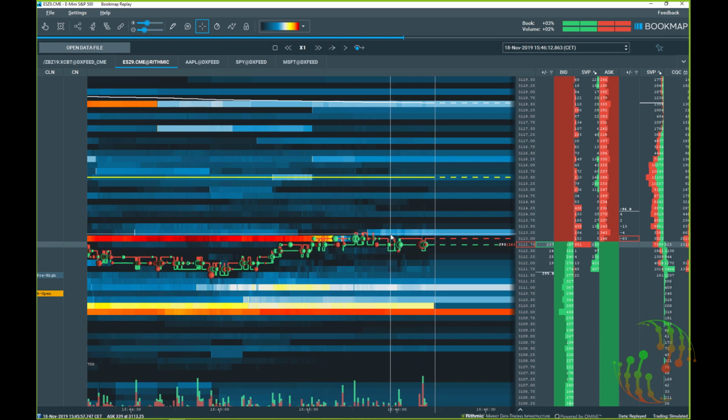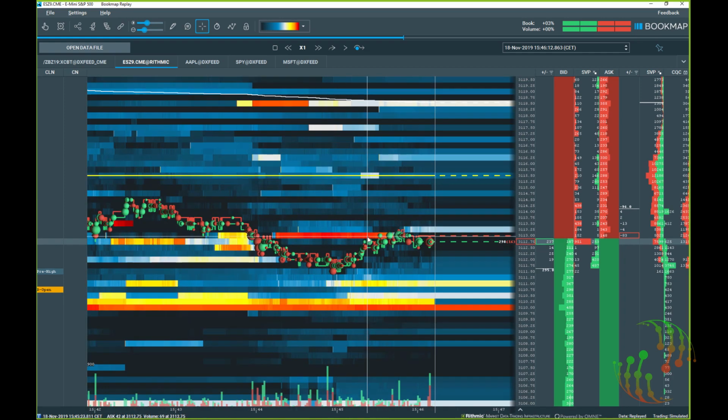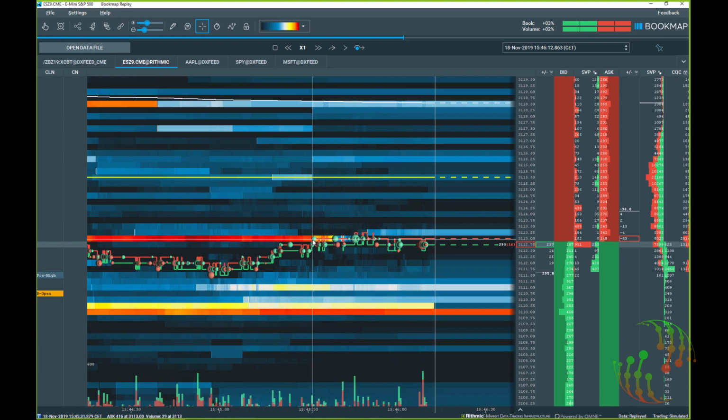We have a certain liquidity here. But what we have here is the following. The market traded up, consumed everything on the ask side here. You see that? Green dots, green dots, green dots here. That means 30 even was absorbed. And watch here what is happening. It is the same behavior.